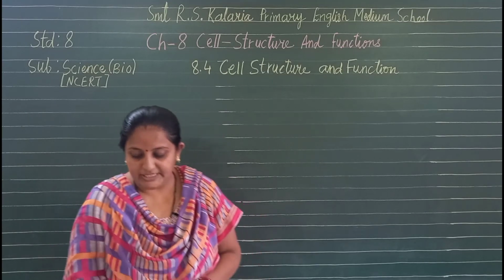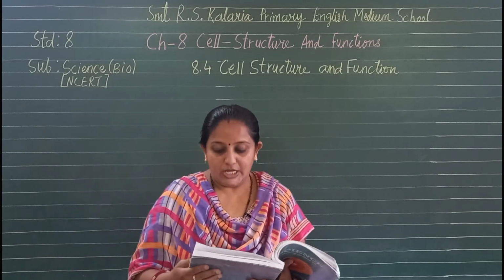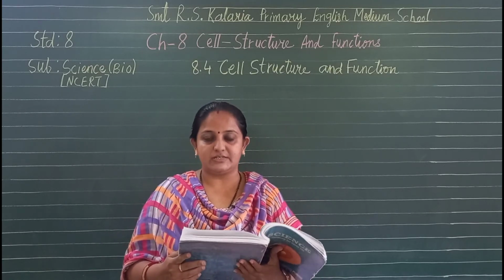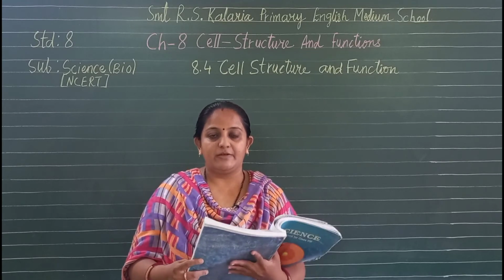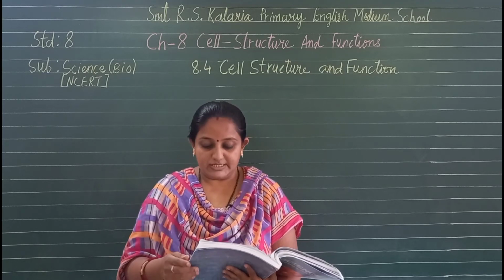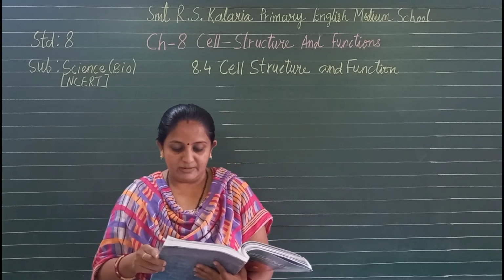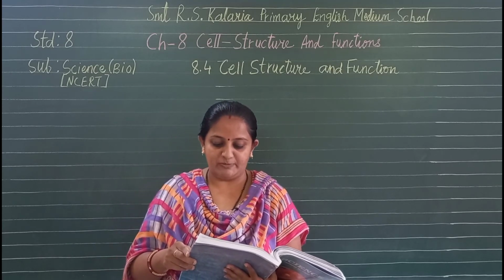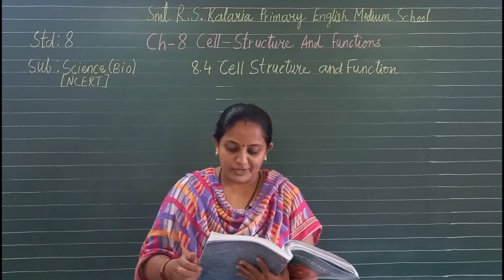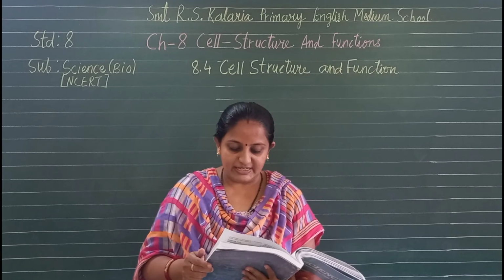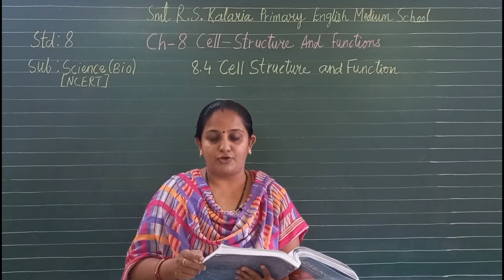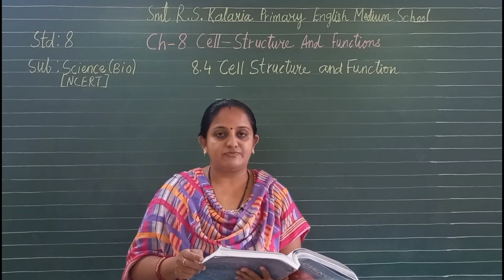Now we have learnt that each living organism has many organs. You have studied in class 7 about the digestive organs, which together constitute the digestive system, isn't it? There is a digestive canal, that alimentary canal, that makes the system, isn't it? Now each organ in the system performs a different function such as digestion, assimilation and absorption. Similarly, different organs of a plant perform specific or specialized functions. For example, roots help in the absorption of water and minerals. Leaves, you know, prepare the food, that is the photosynthesis process, responsible for synthesis of food.